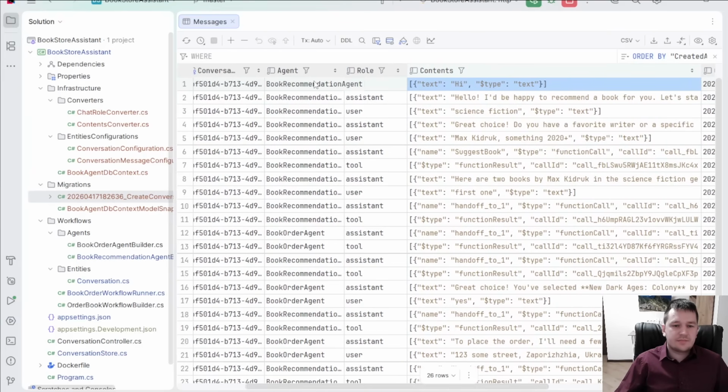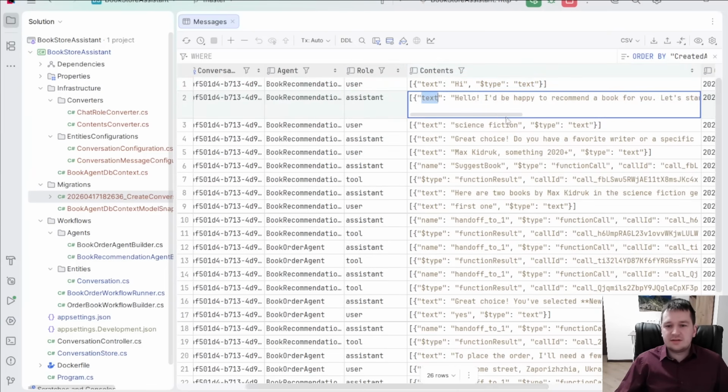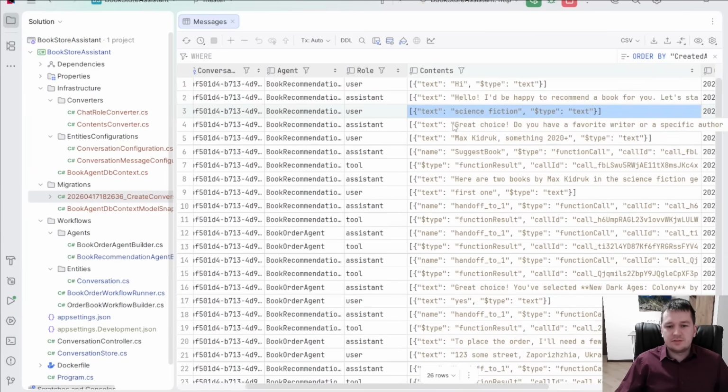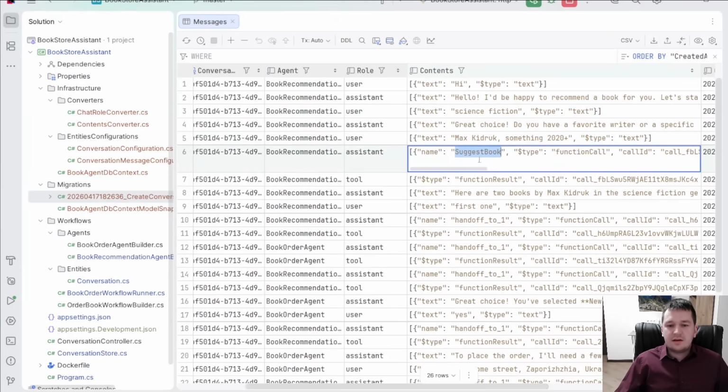So as we can see, the workflow started from book recommendation agent with our message from user role with hi and type is text. Then assistant answer us with text, which is type text. Then we continue conversation, and after we finish with all details about the book, assistant called suggested book tool. So we have this type function call